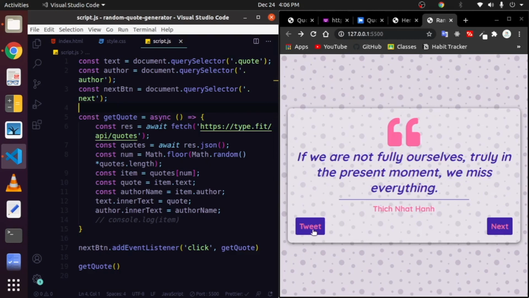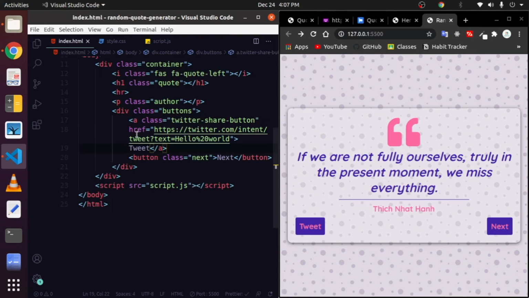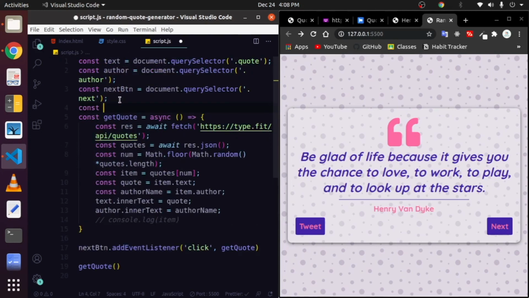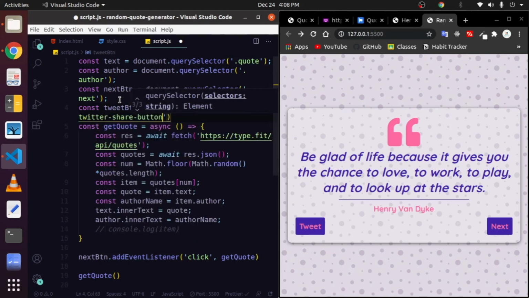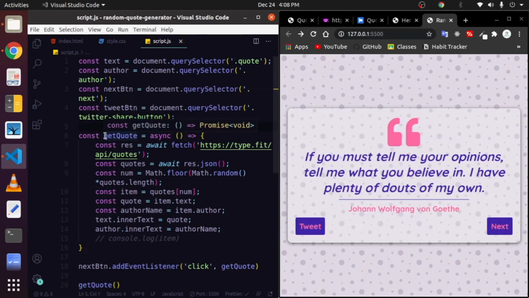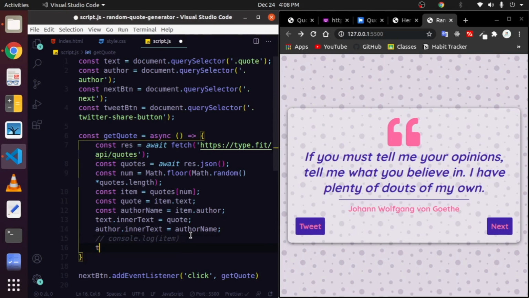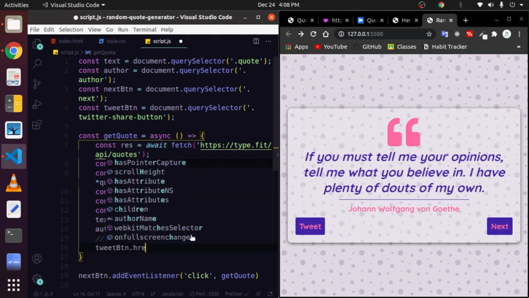So next thing, we have to make this tweet button work. In order to make this tweet button work, we need to change this href value. This is pretty easy to change using JavaScript. So first copy this class and create a new variable and name it tweetBtn and make it equal to document.querySelector like this. And after that, go inside this getQuote function and then type tweetBtn.href to change the href value